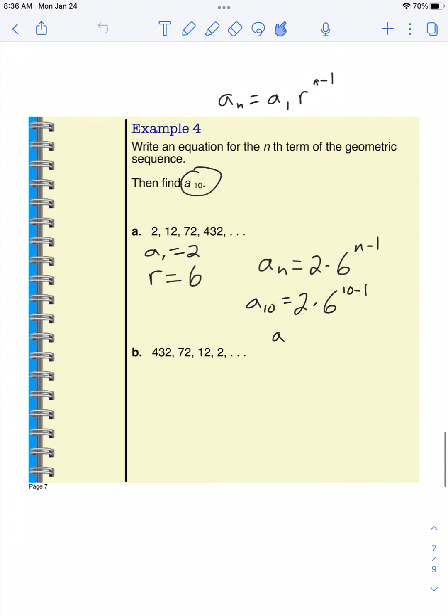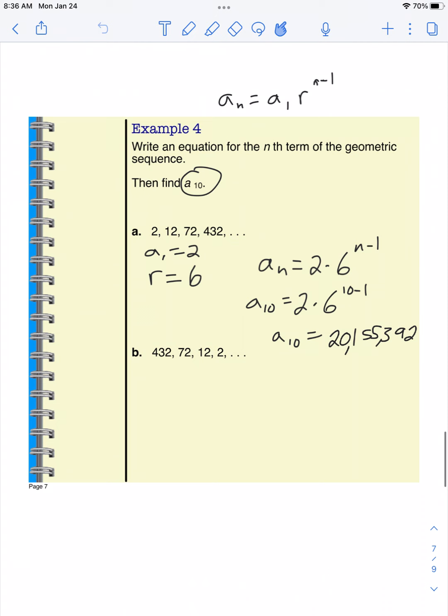Now we can plug this into our calculators, and the 10th term is a huge number. We have 20,155,392. All right, pause the video, see if you can do example B on your own,